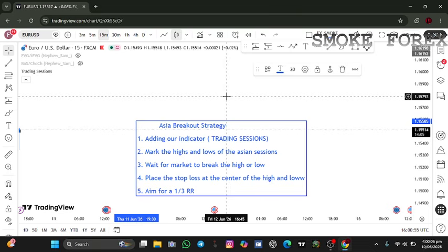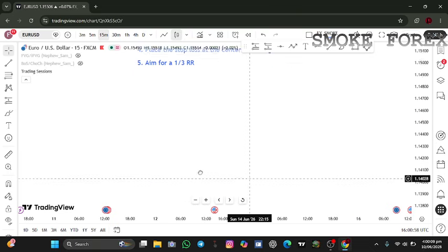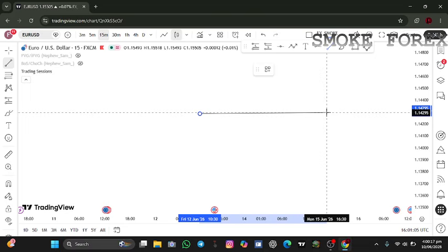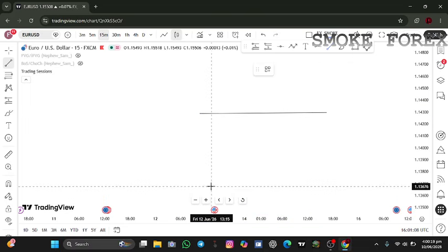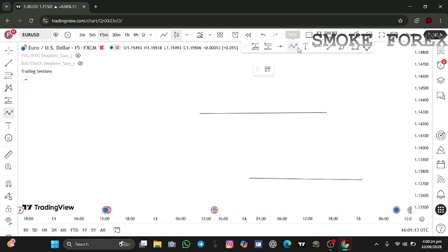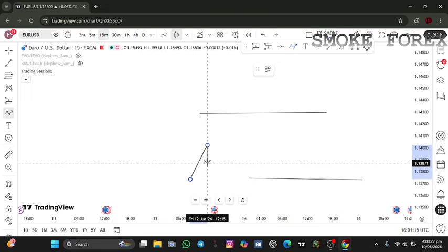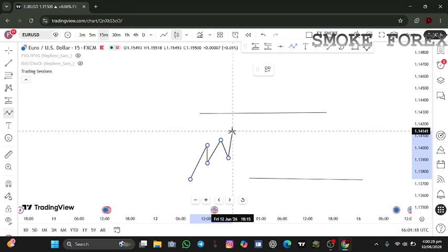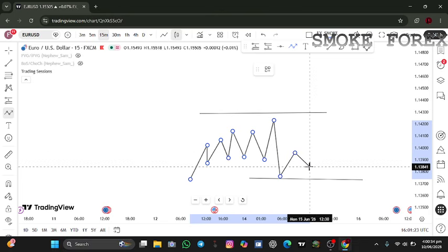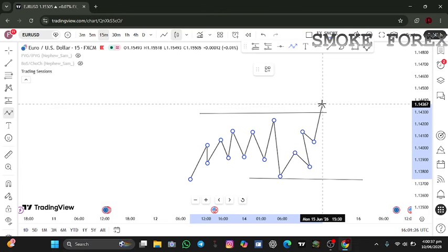where we have price break either the Asian session high or low. Let's say this is my Asian session high and this is my Asian session low. The market was just consolidating within 12 a.m. to 5 a.m., doing market structure here and there. The market broke this level from around 6 a.m. GMT time to